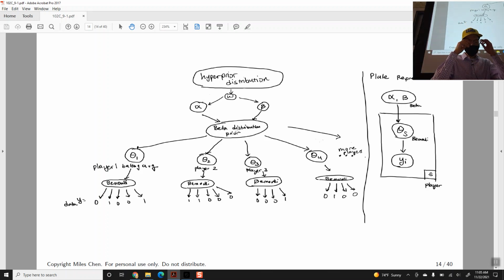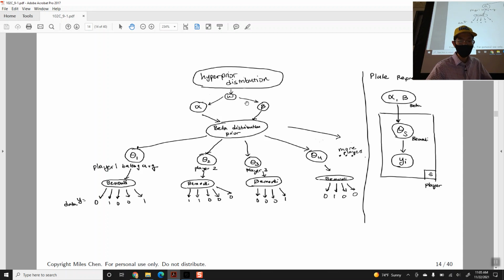What we're doing in this hierarchical model is, rather than specifying what alpha and beta are manually, we are saying these values, alpha and beta themselves, come from a hyperprior distribution. They come from another distribution, and this distribution uses,